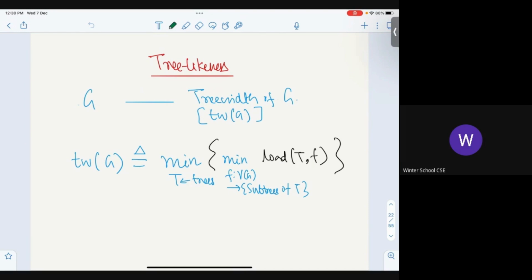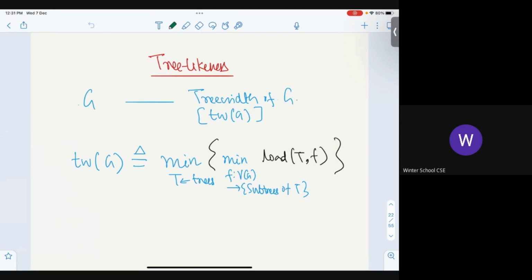And now I am telling you, for my graph, I don't care which tree you come up with. You decide your tree, you decide your function, but all I care about is that the load is as small as possible. Okay? So it's like a minimum over any tree of your choice. Think of it this way: the adversary has only given you this graph and its adjacency. The rest is in your hands. You can do anything. You can choose your tree. You can choose your function. And of course, you have the objective that, okay. So for any graph G, what is the most obvious? What is the most obvious?